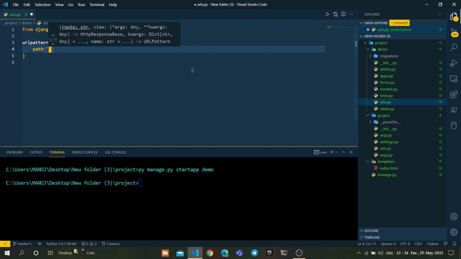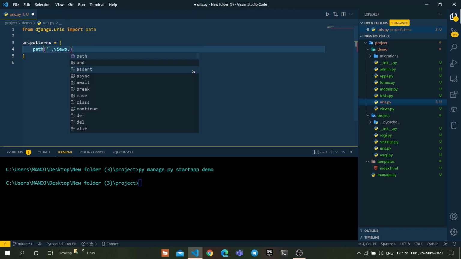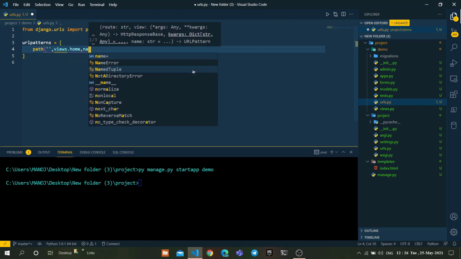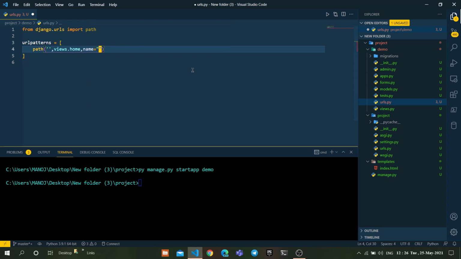In this, create a new path with single quotes representing the localhost path, comma, views.home, name equal to home. We are getting a warning for views. To resolve it, just type: from . import views.